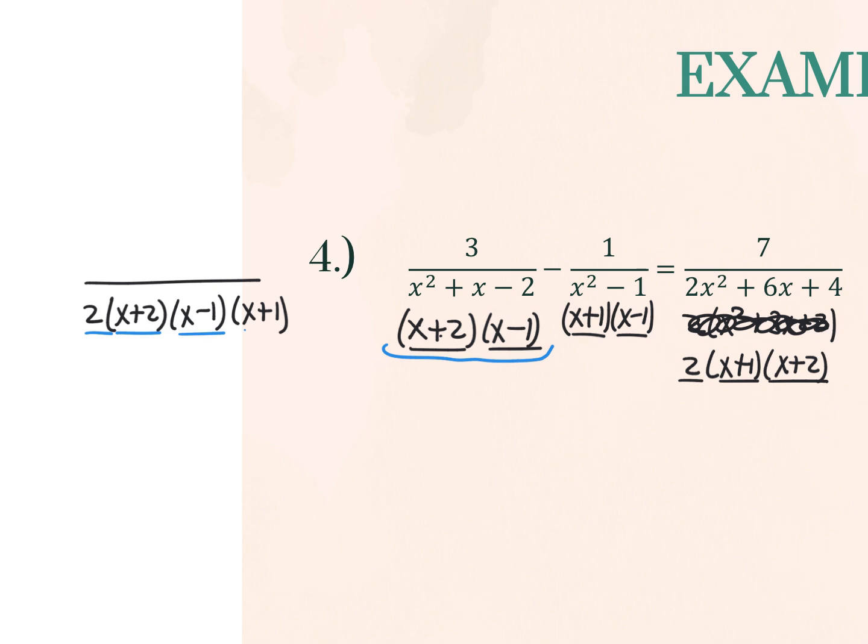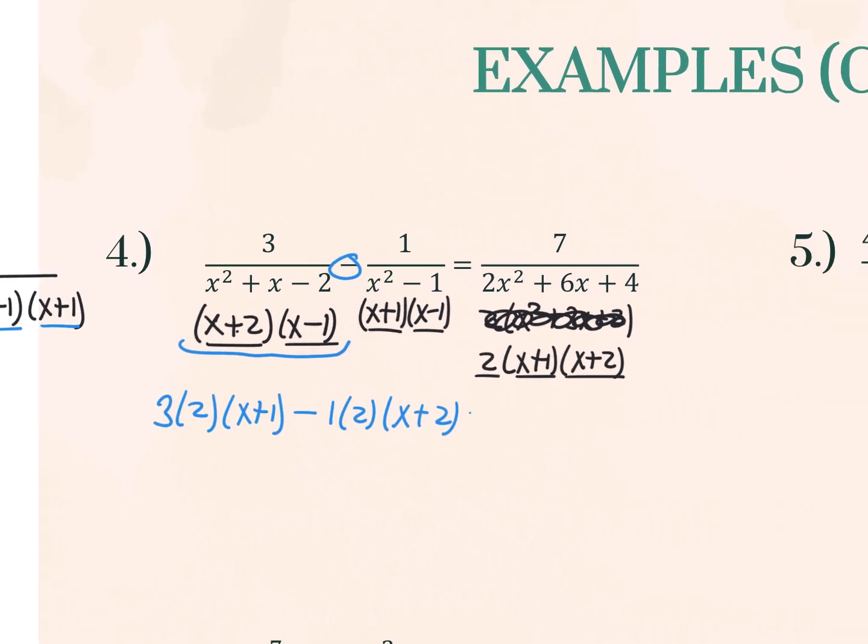It doesn't have the 2 or the x plus 1. So I'm going to do a 3 times 2 times x plus 1. All right, carry that minus. It's going to be a minus. This has the x plus 1 and the x minus 1, but it doesn't have the 2 or the x plus 2. So it's going to be a 1 times 2 times x plus 2. All right, and then equals,